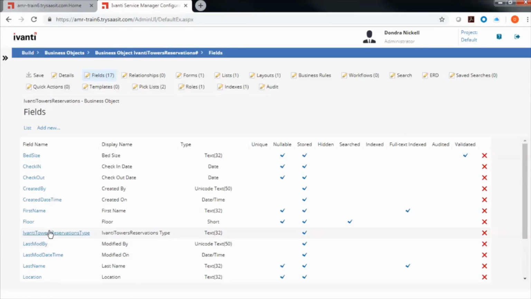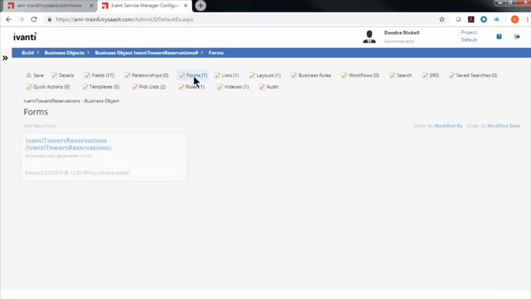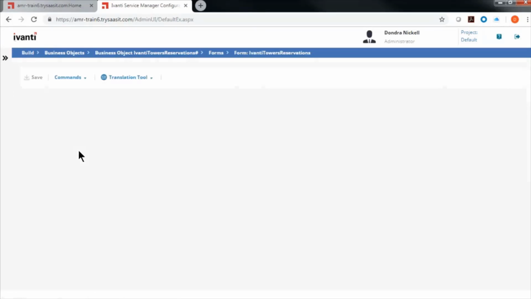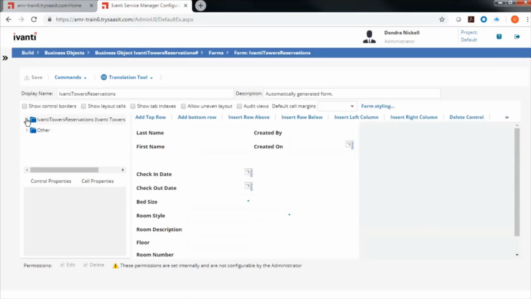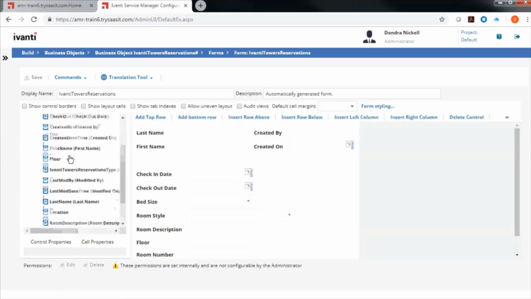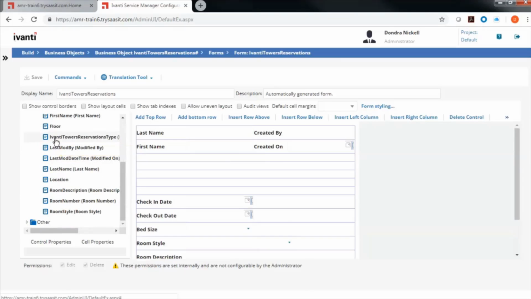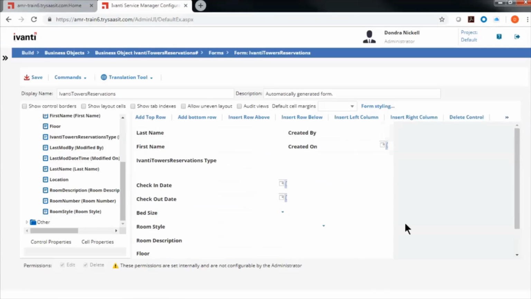And if I want to add these to my form list and layout, I would have to go over to my form, select it, and then if I come over here, let me just collapse that or move it down. All right, so over here this is the new field that it created. Okay, so now that I've got the field added and it's here on my form,